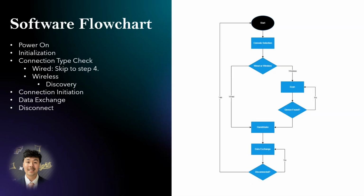The controller's initialization process begins with profile selection. Upon powering on, the user can hold a designated button, such as A, to specify the console mode. Subsequently, the controller determines the connection type, wired or wireless. If a wired connection is detected, the handshake process commences immediately, establishing communication protocols. In the case of a wireless connection, the controller actively scans for nearby devices before initiating the handshake. The handshake serves as a negotiation phase, ensuring both the controller and the connected device agree on communication protocols for seamless data exchange. Following successful connection and initialization, the controller enters the operational phase, constantly reading and transmitting user data